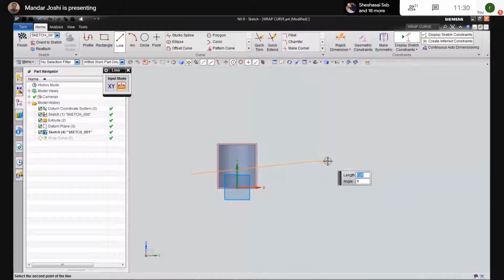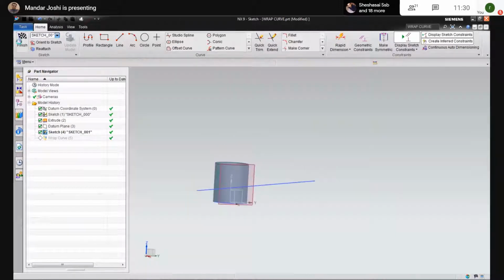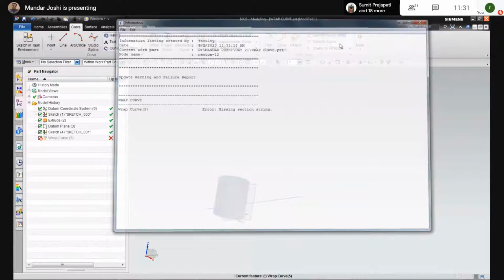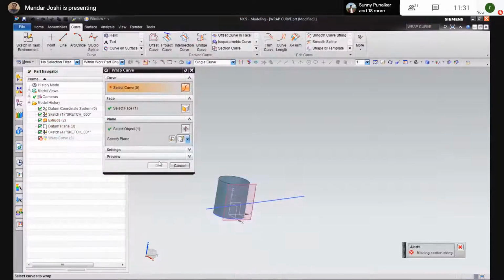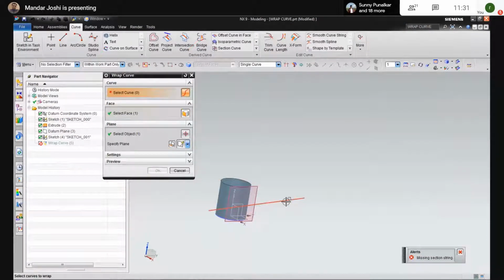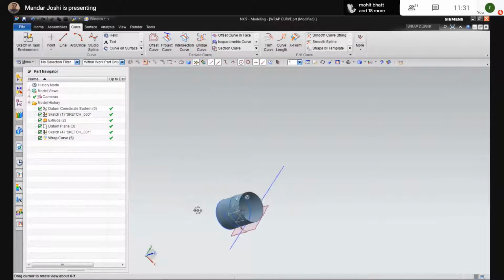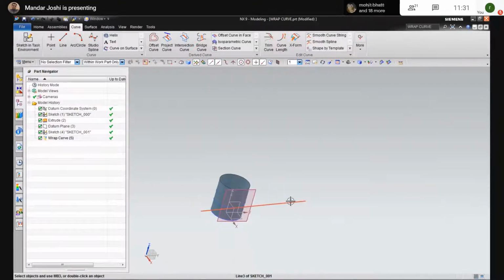There is an inclined line like this, and due to this inclination, some helix angle will be generated. The curve is this. Face, yeah, okay. The helix curve gets generated.